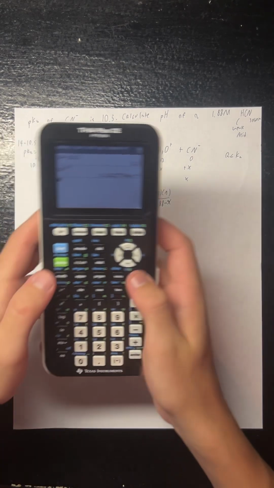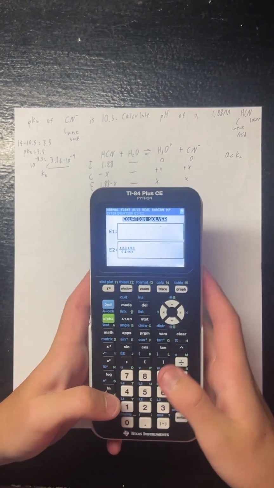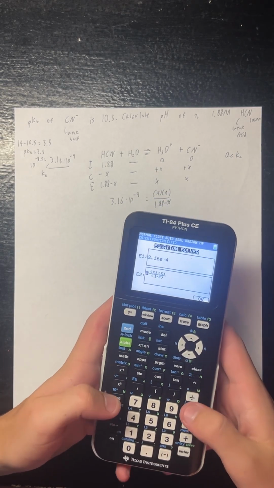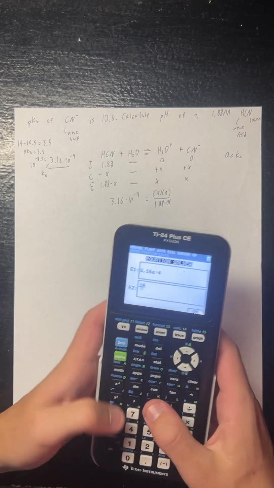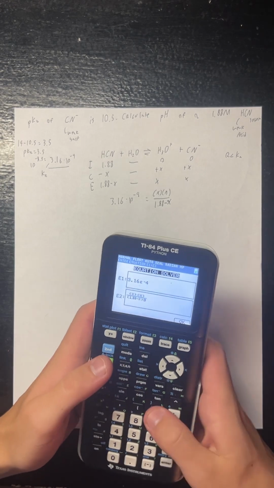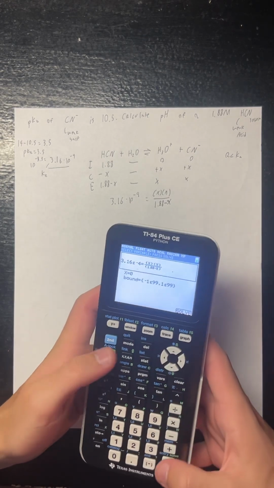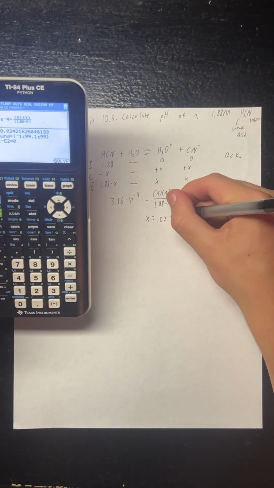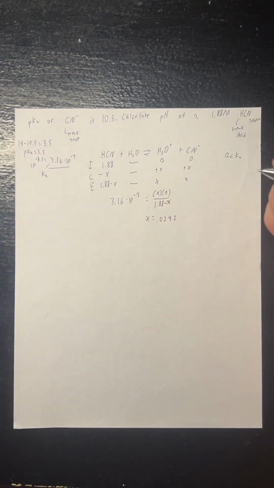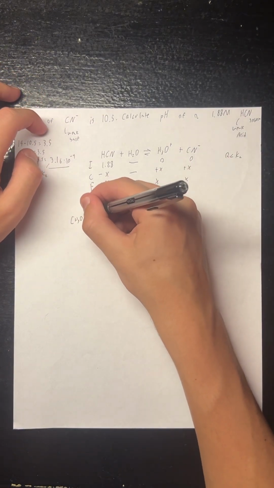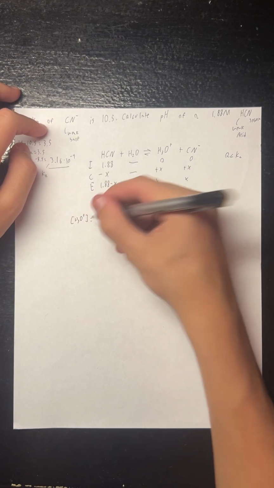And let's use our numeric solver. Math, numeric solver. We got 3.16 times 10 to the negative 4, and this is x times x over 1.88 minus x. Boom, Alpha solve. Our x equals 0.0242. So now, how do we find pH? We just find the negative log of the concentration of H3O plus. So H3O plus concentration equals just x,